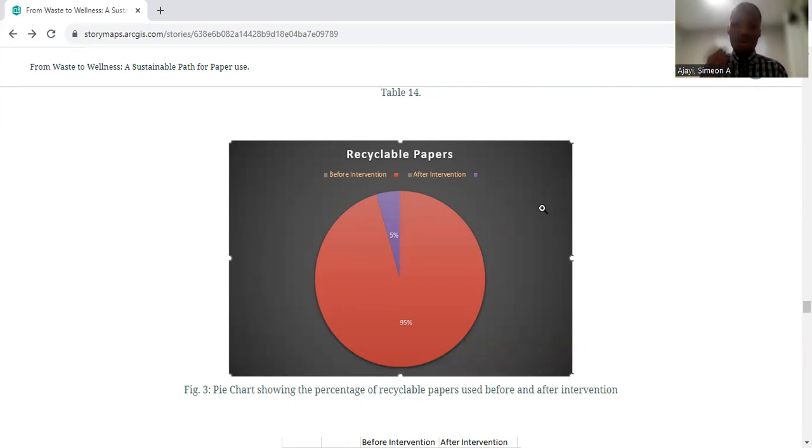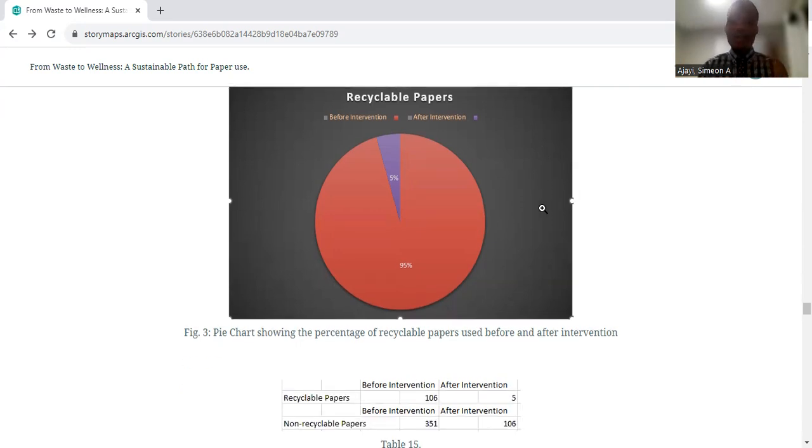All right, and then also during the process of recycling, a lot of combustion occurs and a lot of greenhouse gases are emitted into the environment, which causes a lot of air pollution. And then the non-recyclable papers are the worst because they can't have any form of reintroduction back into the ecosystem. So we have a lot of them, contributing to a lot of deleterious effect on